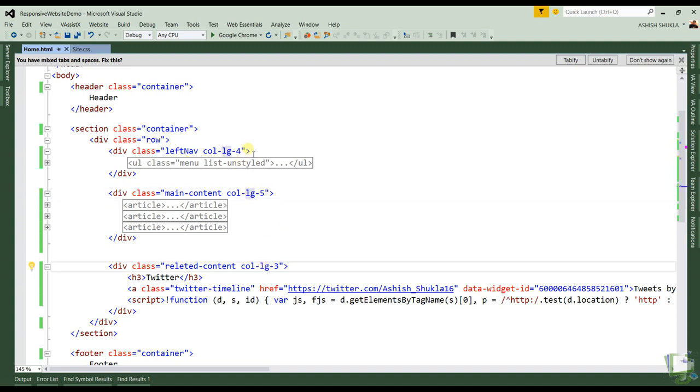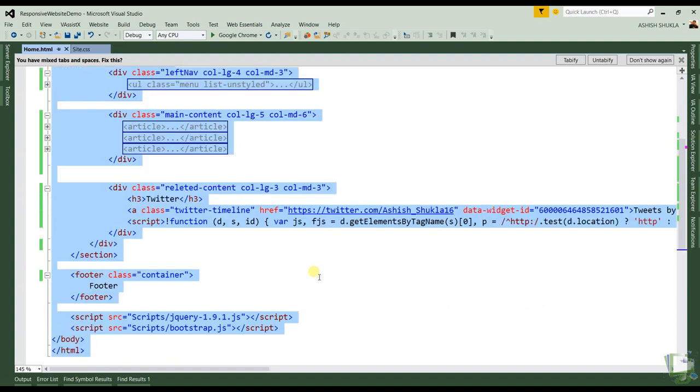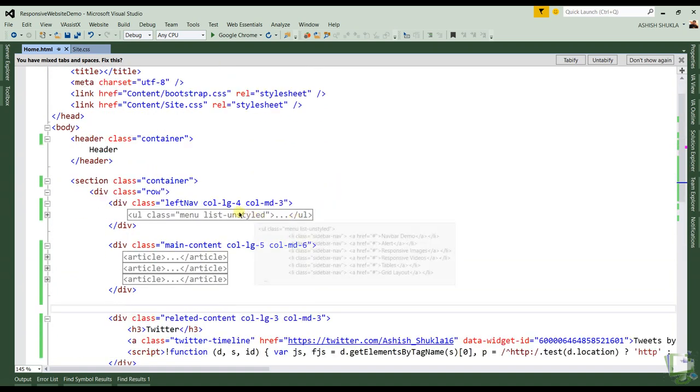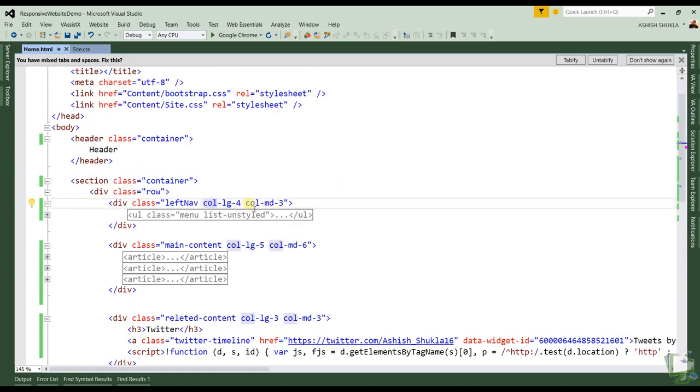And for the medium size devices, I want our left hand navigation to take 3 columns, the main content to take 6 columns, and our related content to take 3 columns. So here we have defined the layout for the large screens and for medium screen.